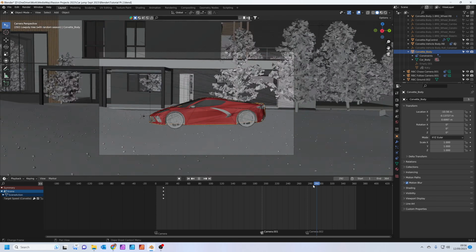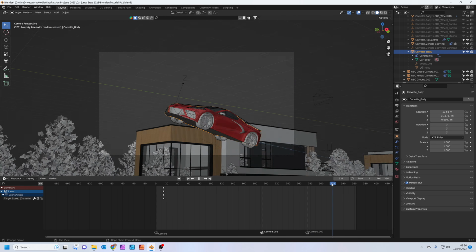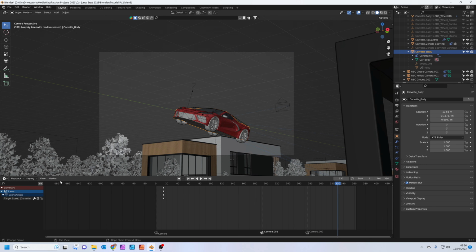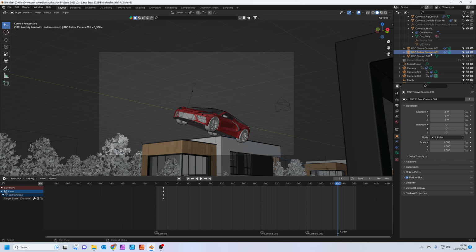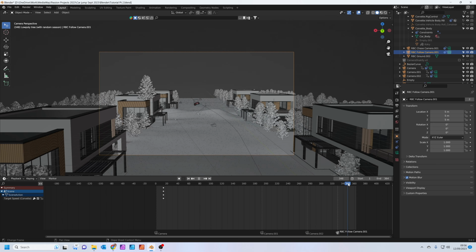To add another camera angle, it's really simple. Just go to the place in the timeline where you want to swap cameras, just add a marker, and then choose the camera you want just by clicking on it, and then go to bind camera to markers, and that will swap the camera at that place in the timeline to the different camera.